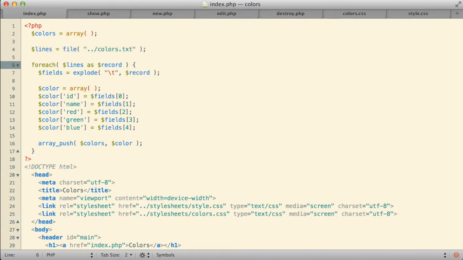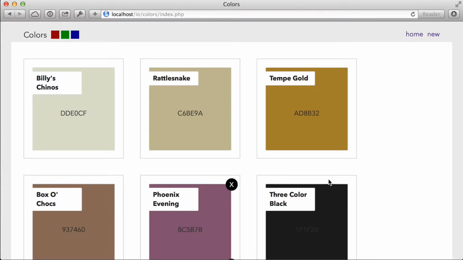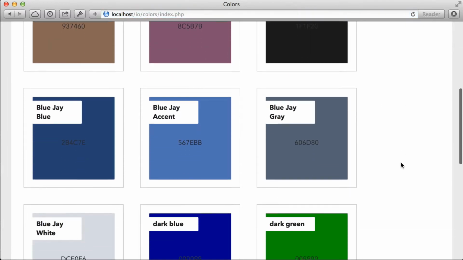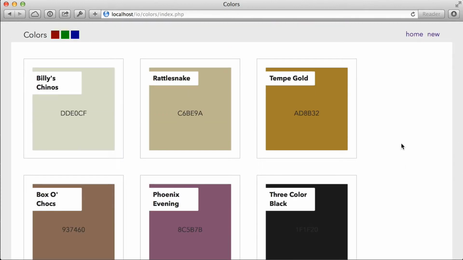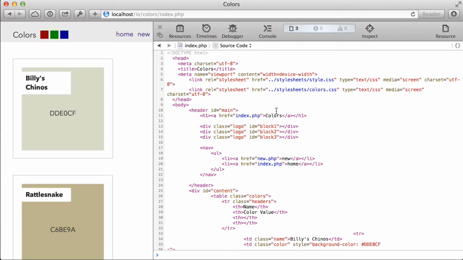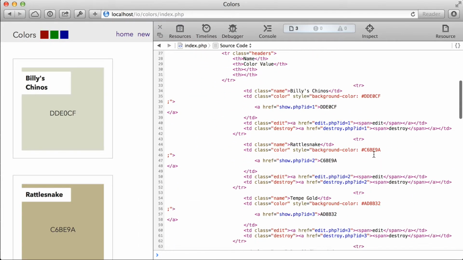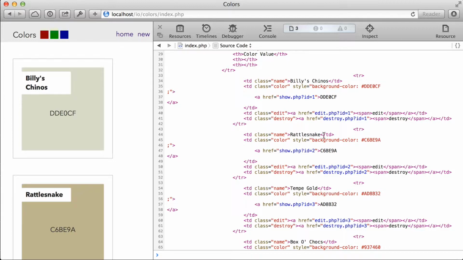Let me go ahead and jump back over to the browser now and let's see if everything still works. Here in the browser, if I go ahead and hit refresh, it doesn't look like anything has actually changed. So we're accomplishing virtually the exact same thing we were before, just in a slightly different style. Now, in the actual output that's being generated and given to the browser, I want to take a look at the code that's being created. I can scroll down to the body where my table is, and you might notice something that's not necessarily a problem, maybe just something that you might notice.